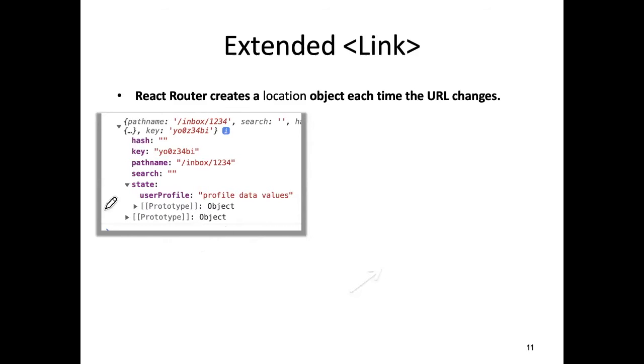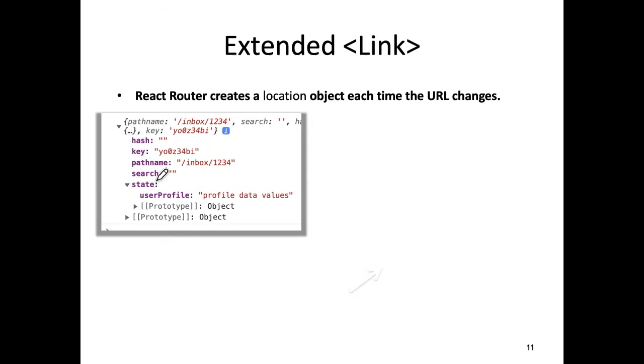Now, most of the properties of that object we don't ever use and we don't care about. We don't care about whatever the hash value is. We don't care about key. Pathname obviously makes sense: it is going to be assigned whatever the actual URL is in the address bar. Search we don't care about. I think that would be relevant if the URL in the browser's address bar contains a query string, if you remember what query strings are. Here's the part we're interested in right now. There's this state